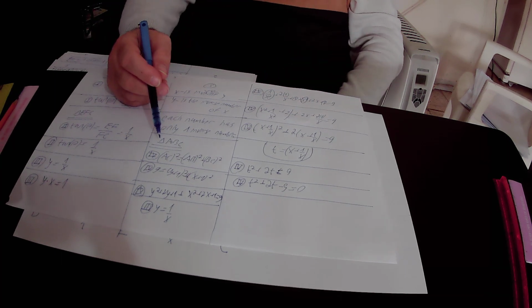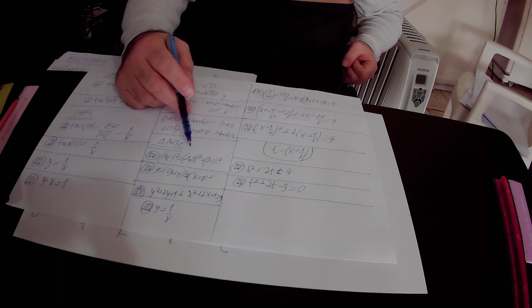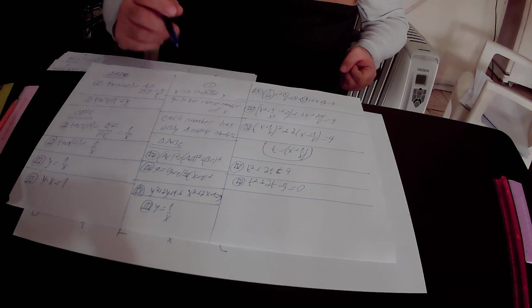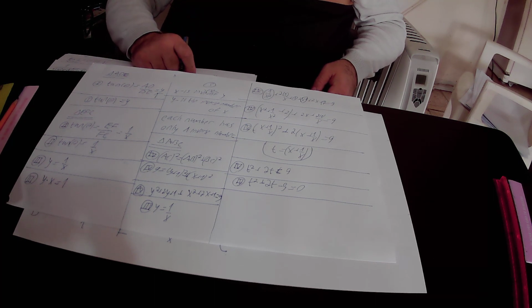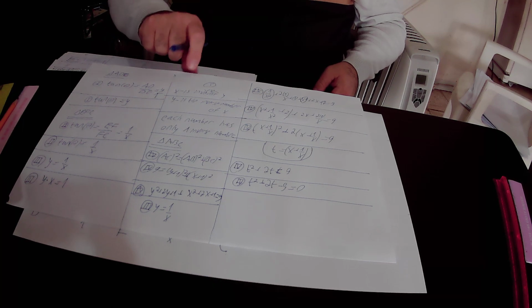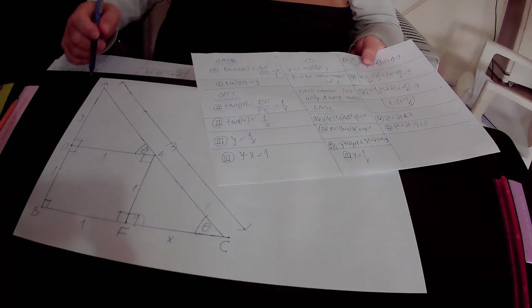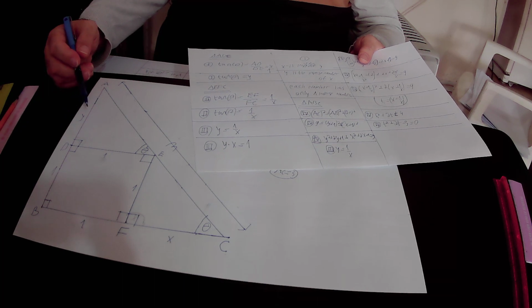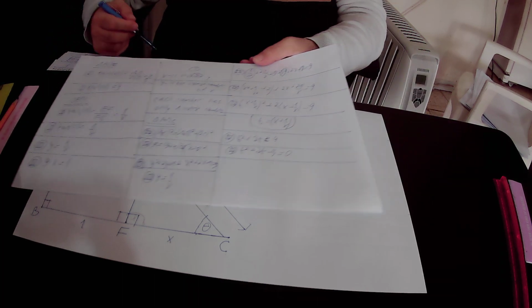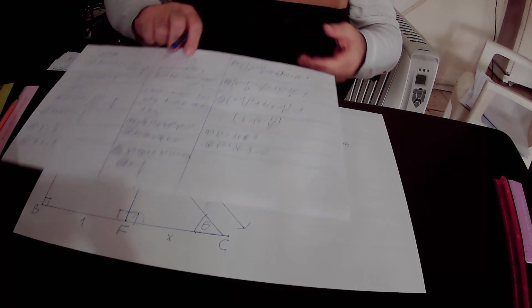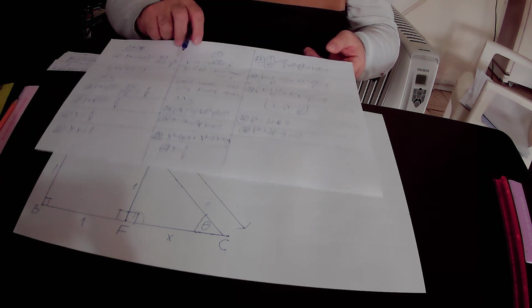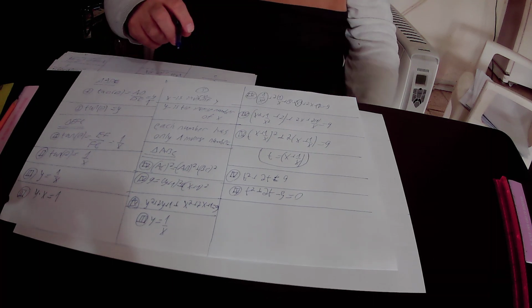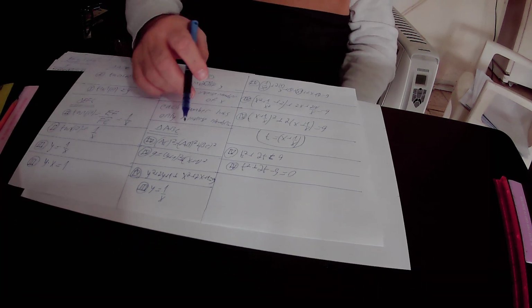Again, according to equation number 4, AC square equals AB square plus BC square. AC equals 3, so AC square is 3 square, which is 9. AB equals y plus 1, so AB square is y plus 1 square. BC equals x plus 1, so BC square is x plus 1 square. So in conclusion, according to equation number 4, 9 equals y plus 1 square plus